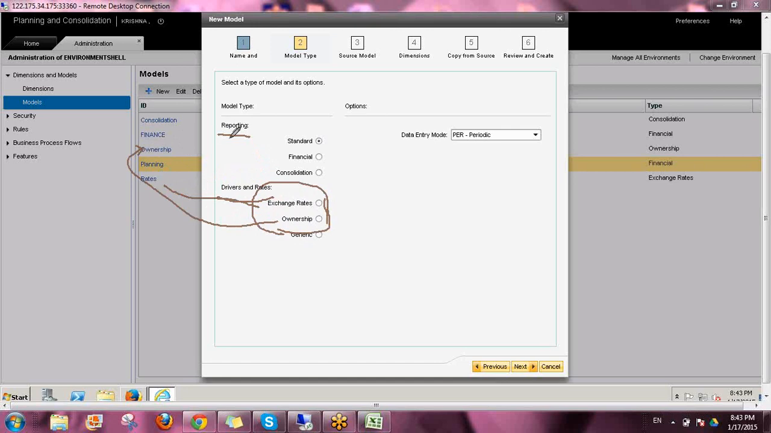So when it comes to reporting application, here we are having two things. One is standard, financial and consolidation. Financial is nothing but which is used for planning purposes. Consolidation is used for consolidation purposes. Standard is meant for if you don't want to create anything with predefined instructions. If you want to create everything from the scratch, then you have to use standard, and here you have to